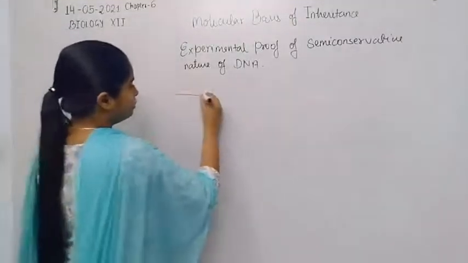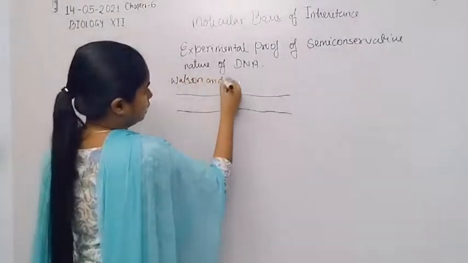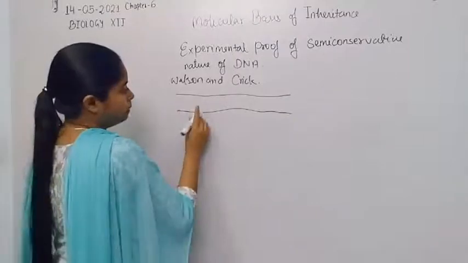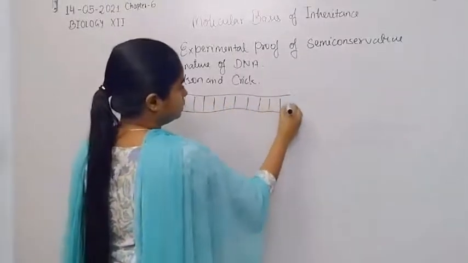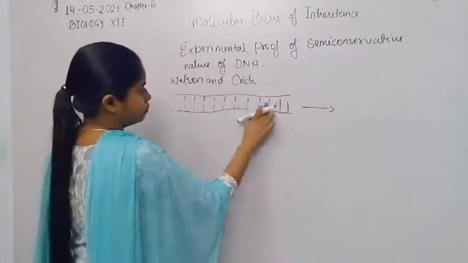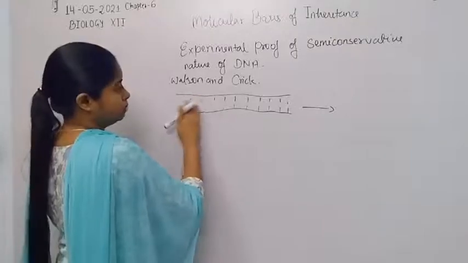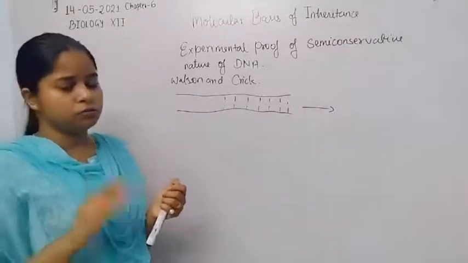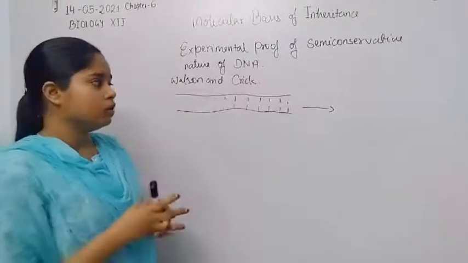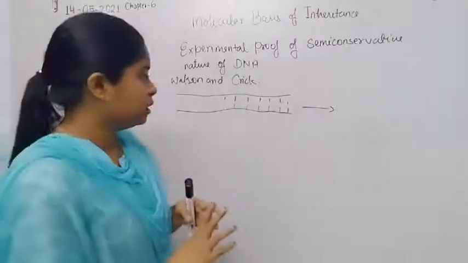molecule. Here are Watson and Crick. They proposed that the double helical structure of DNA, when it undergoes the replication process, has its double or triple hydrogen bonds break in the segment which undergoes replication, because the whole DNA, the whole genetic material, does not undergo replication together. Only a small section of DNA undergoes the replication process.